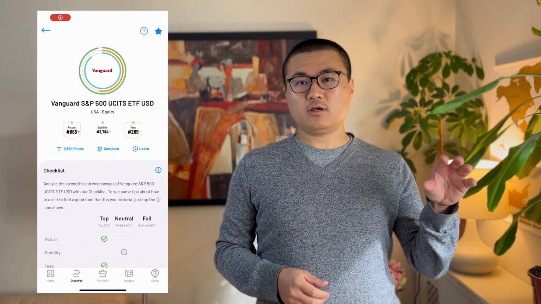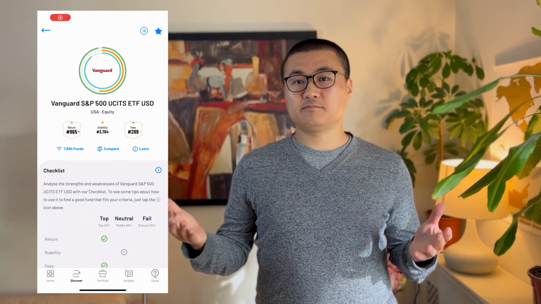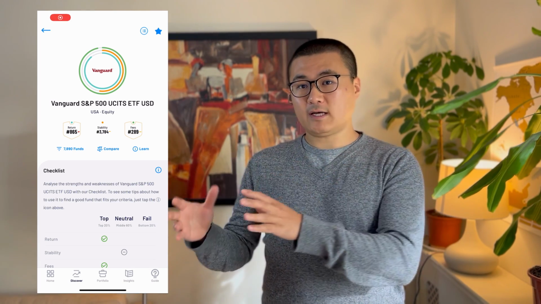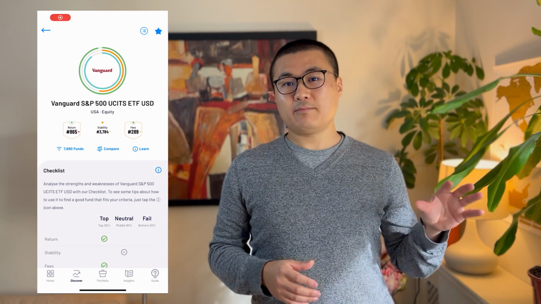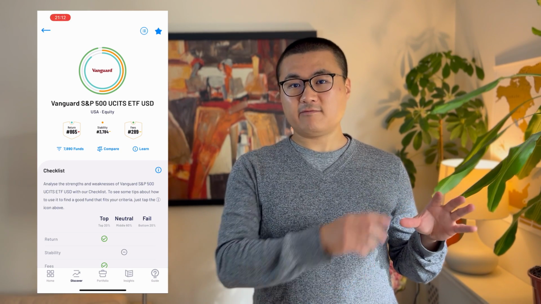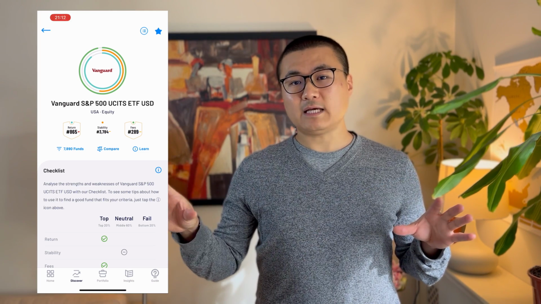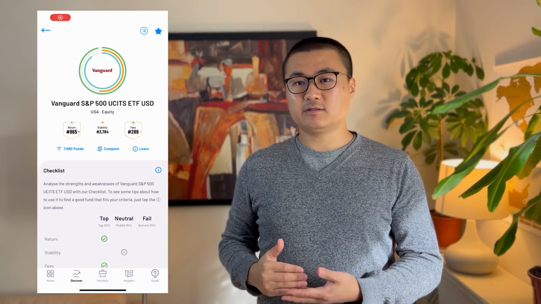For each of the funds you're looking at, we also show you their similar funds. How do we define similar funds? These are the funds that invest in the same geographic focus as well as in the same asset type as the fund you're analyzing. For example, if we're looking at a fund that invests in the US as their main geographic focus and equities as their main asset type, we look at our database and find all the funds that